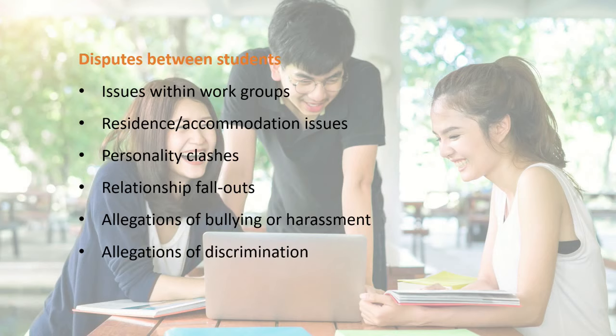And the last one there is about allegations of discrimination. This is people from different backgrounds, cultures, ethnicities, sexualities, coming into halls together, coming into places of learning together, and being treated poorly on the basis of aspects of difference, what we would call protected characteristics. And some very scary and some quite upsetting situations we've come across where people have been treated very poorly on the basis of certain personal characteristics. This is another thread, another theme of the sorts of disputes that can happen between students.